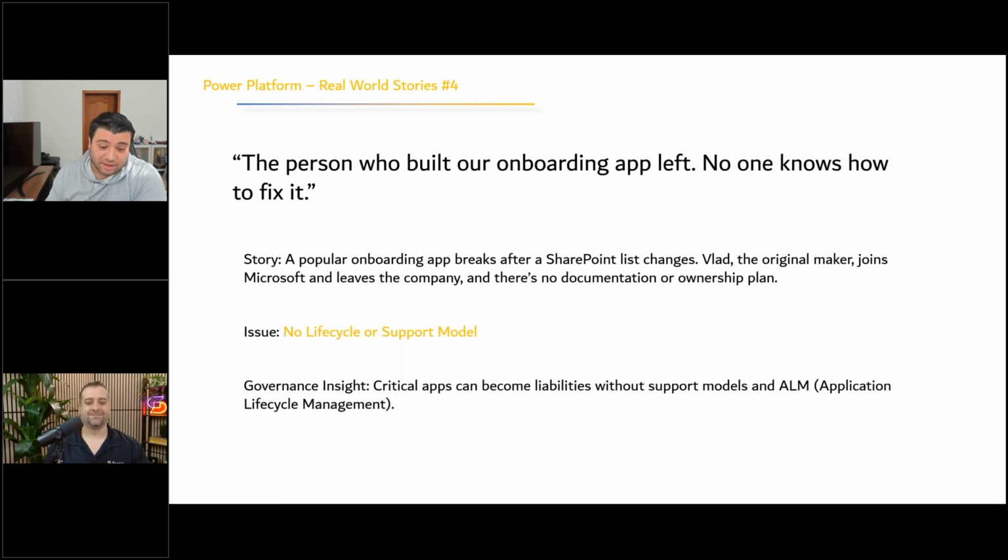If you don't have application lifecycle management, if you don't know who is doing what, if you don't have reporting, if you don't have analytics on who is using what app, on who is building what app, at the end, if you just grant the license to a person, well, that person can build any app, any agent, any flow, and use that for 6 months, a year, 2 years, and make that business critical. And when that person leaves the company, well, your automation is going to fail. And that's the thing that we want to avoid, right?